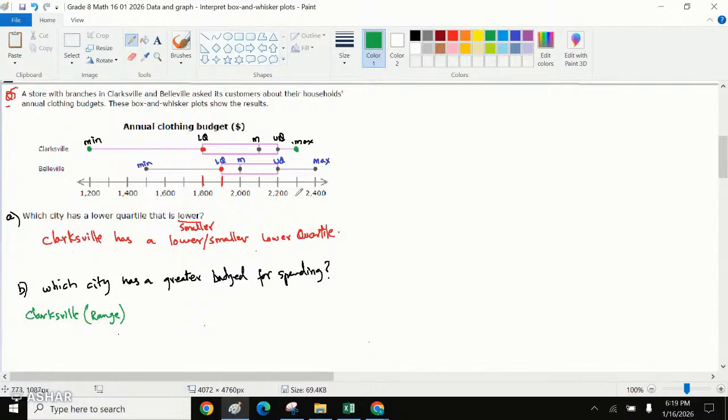Maximum spend in this case was 2,300 minus the minimum, that was 1,200. That means their range is